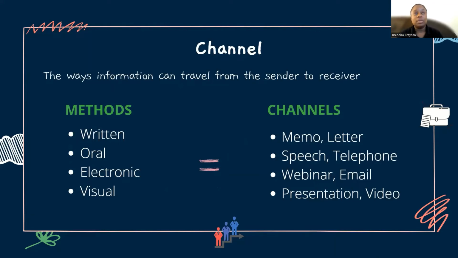After the message, well, we skipped the sender, and that's because that's straightforward. The sender is a person sending the information. That's going to be somebody in the company possibly sending the information, or maybe somebody is sending the information to the company and the company is the receiver. Senders and receivers are pretty straightforward.